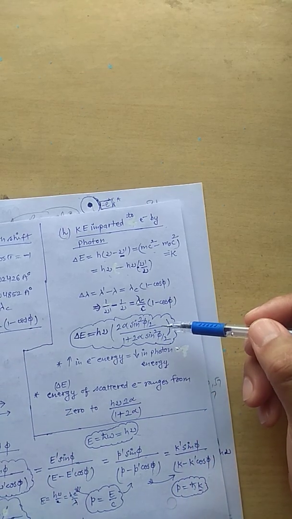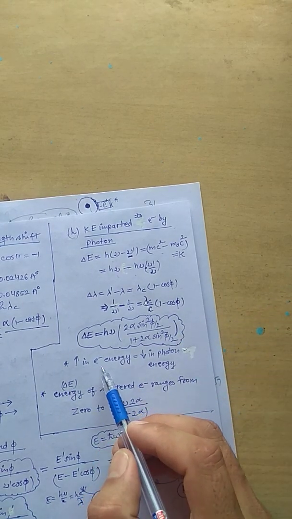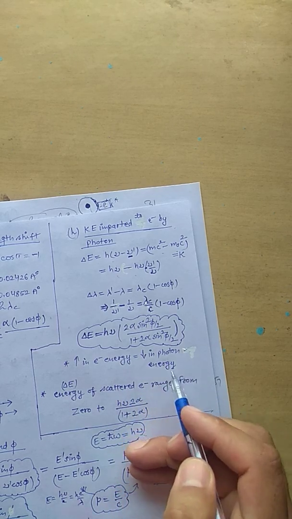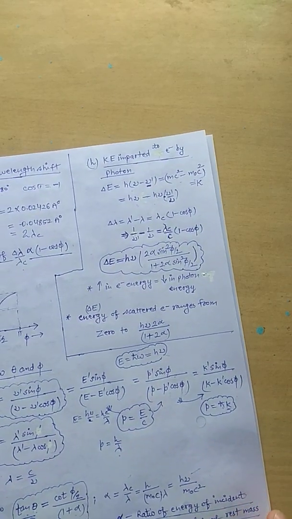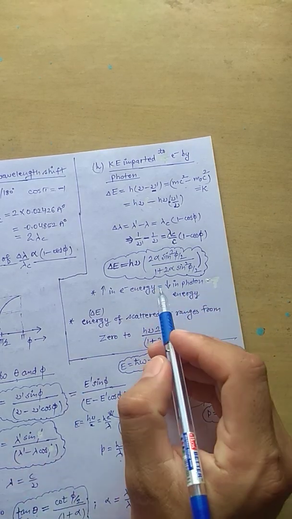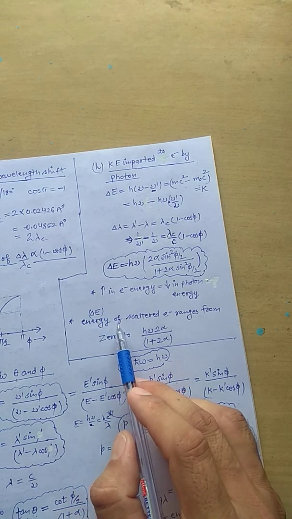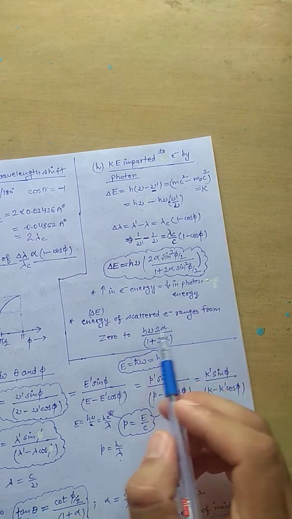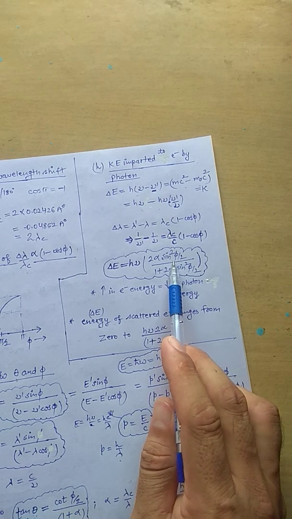so this is how you can get the relation. If you have any doubt, you can contact me, and from here you can justify that the increase in the energy of the electron is equal to the decrease in the energy of the photon because of conservation of energy। ठीक है ना? तो अगर एनर्जी कंजर्व्ड है तो उसी का आउटकम है ये। अगर हम एनर्जी कंजर्व्ड नहीं लेते तो फिर ये एस्टेब्लिश नहीं कर सकते थे हम। तो energy exchange or increase in energy of the scattered photon ranges from 0 to this factor।